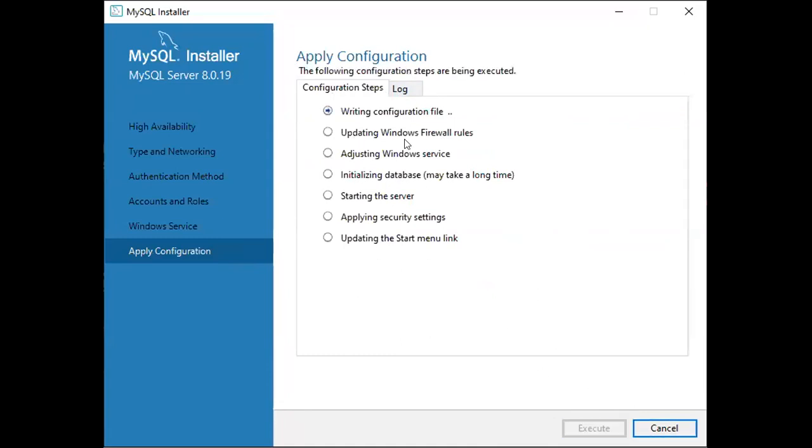Then click on execute. All the components will be installed. Then the next task is only to click on next. If you get next, you click on next. If you get execute, you click on execute. Right. So the process will finish. So you have to continue with next till you get finish. Okay. Now the main things here, selecting the components, that is over, and the second thing, setting the root password, that is also finished. Okay, and for the remaining, just click on next, it will proceed automatically. So it will install MySQL in your computer.